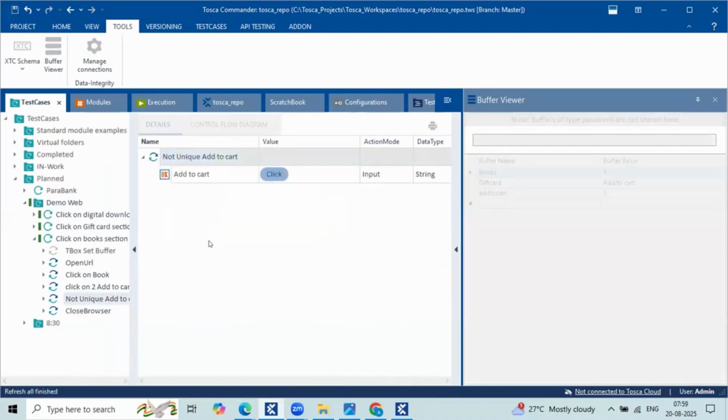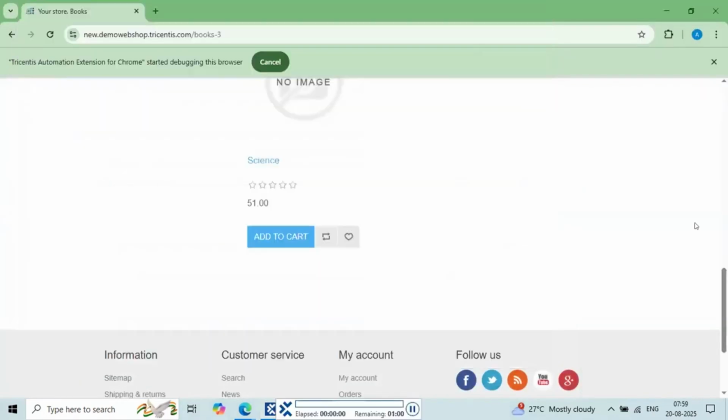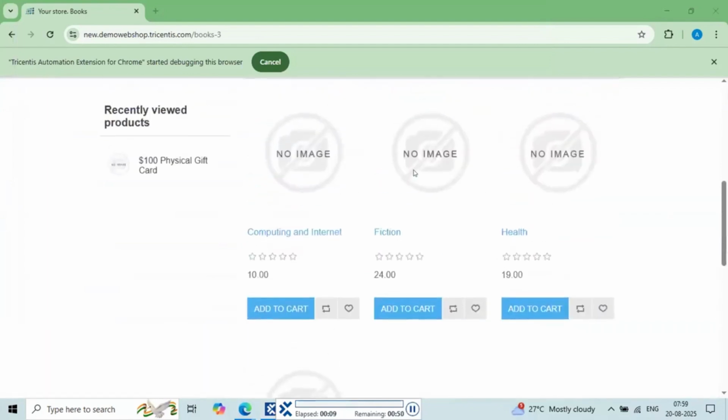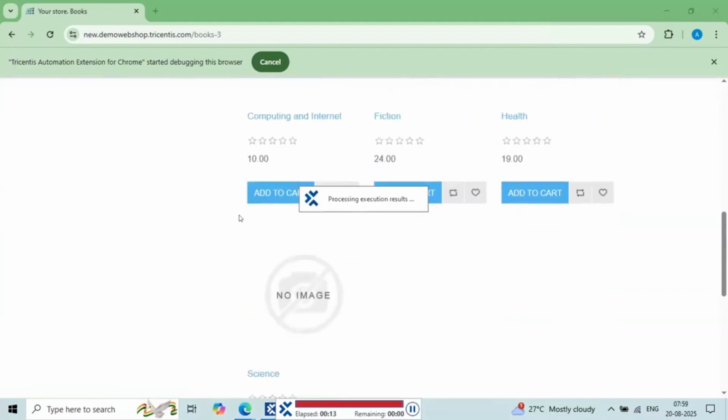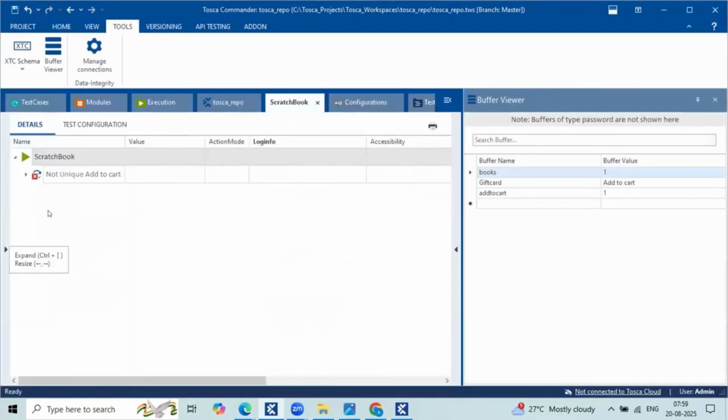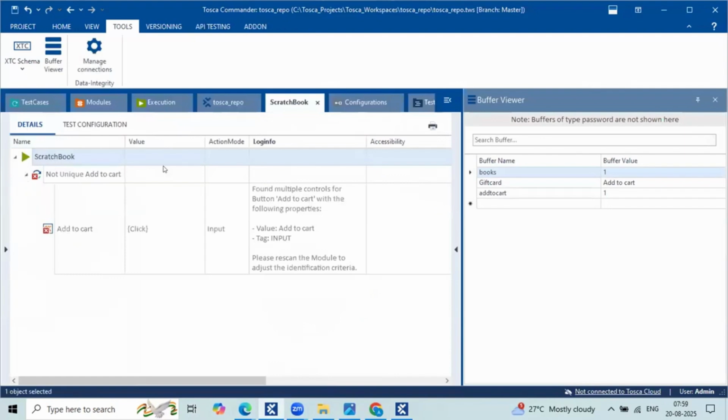Okay. Any other guesses? No matching control. Matching UI control. More than one matching. Totally how many add to carts is this web page holding? 4. So at the time of scanning, this is not a unique control.